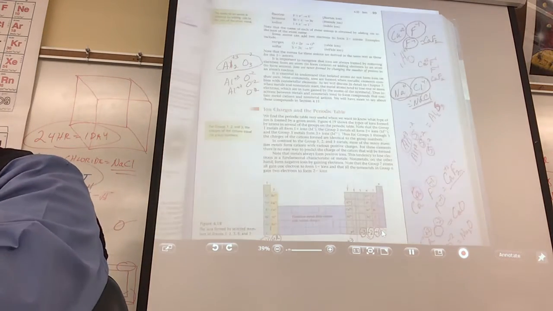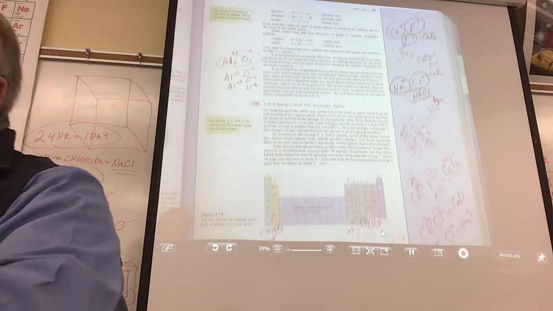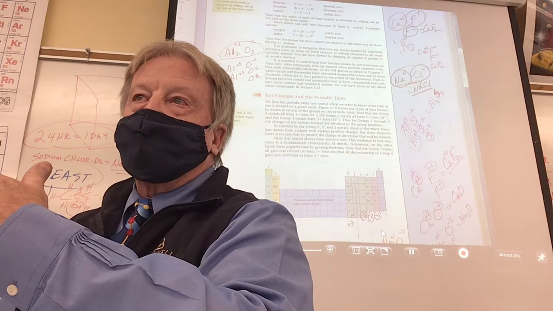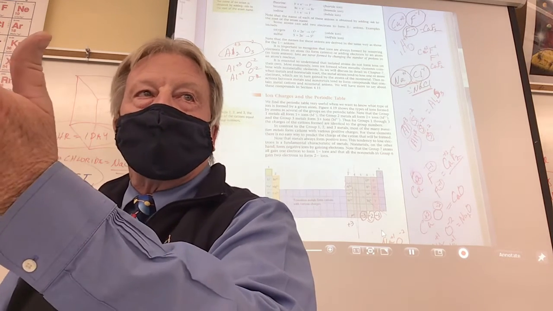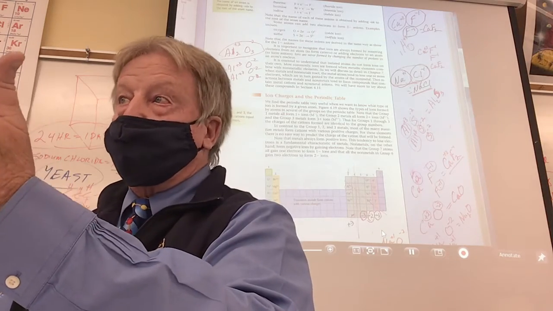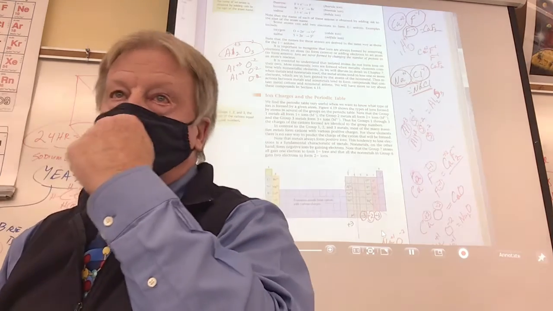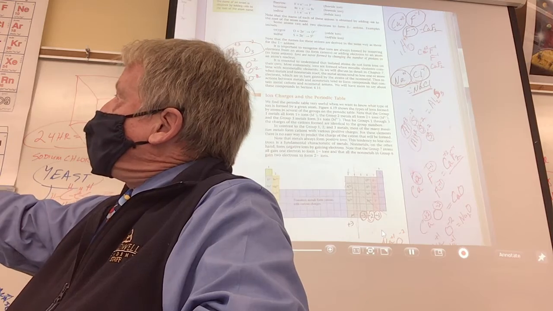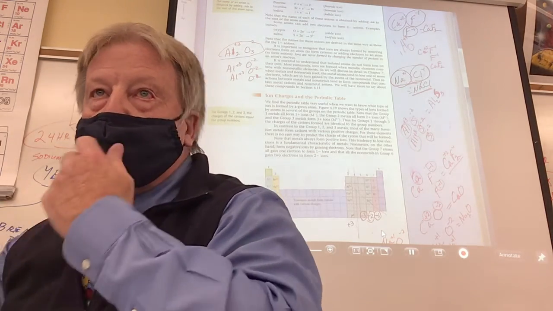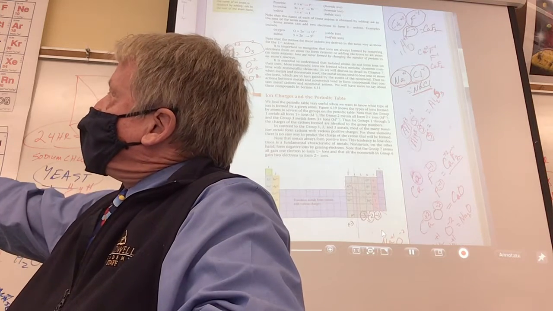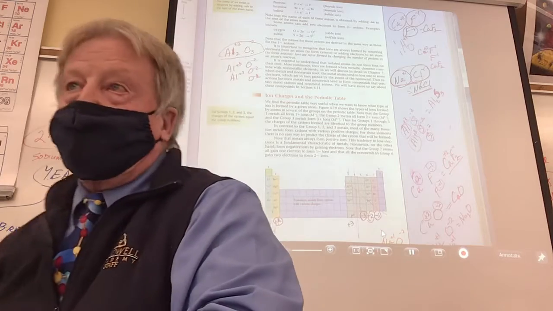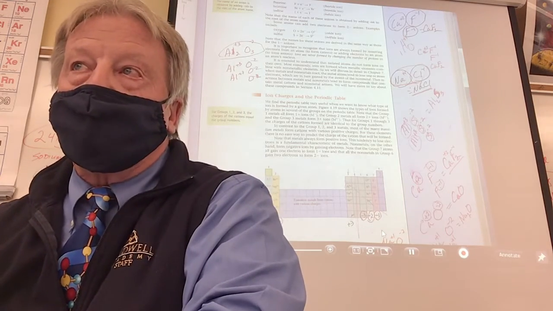We know that metals like to do what with their electrons? They like to lose 1 or 2 or 3 electrons, and nonmetals like to gain 1, 2, or 3. And so I'm going to show you a little thing here. There's different ways of looking at the periodic table. If I was a college professor, I might teach it this way. This is called group 1, 2, 3, 4, all the way to 18. I could teach it 1 through 18.